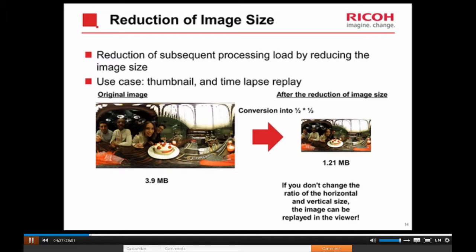If you don't change the horizontal to vertical ratio, the image can be replayed in the viewer. Of course, you may want to closely look at a high-resolution image in some cases, but this function can be used for other cases where you want to reduce the image size for purposes such as time-lapse replay or using the image as a